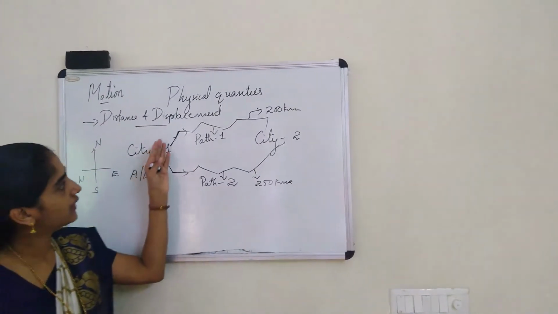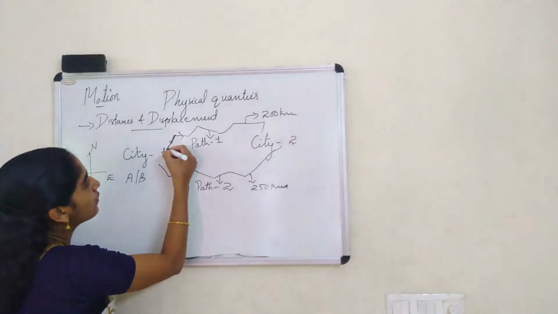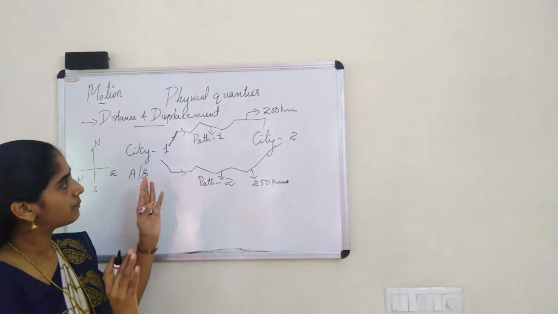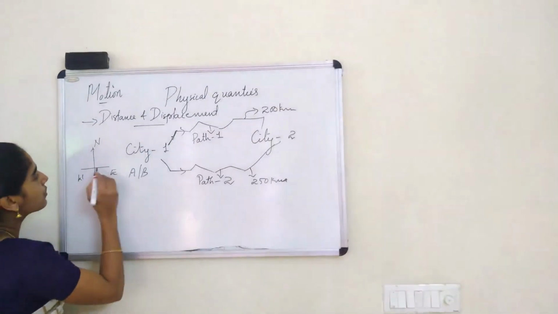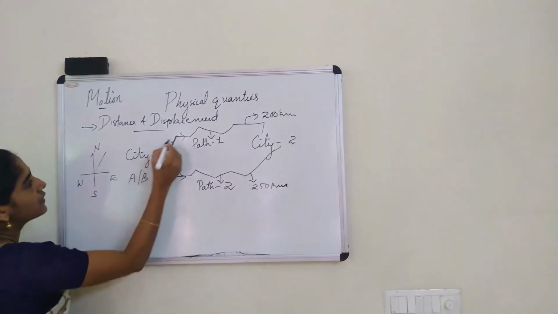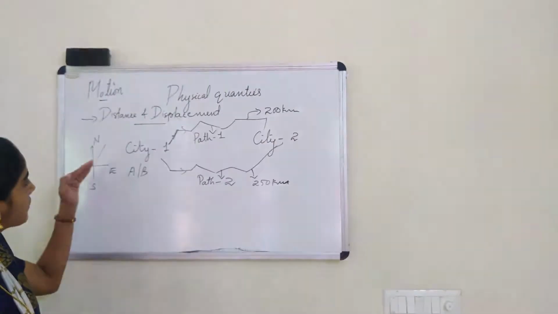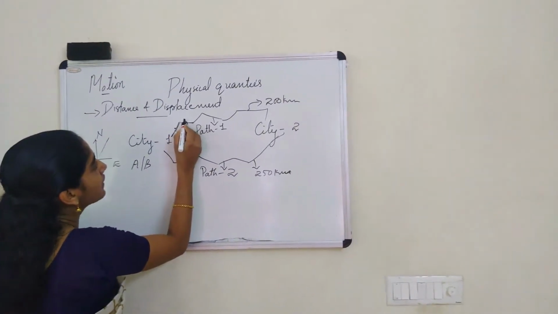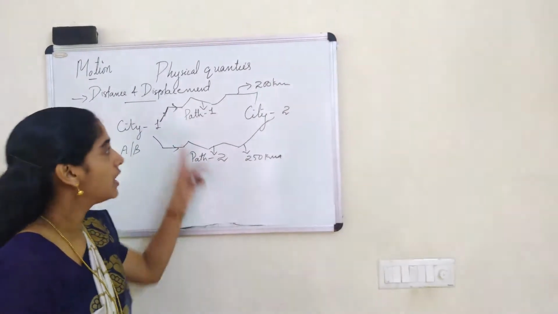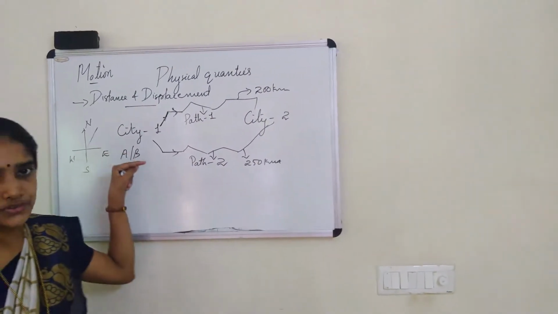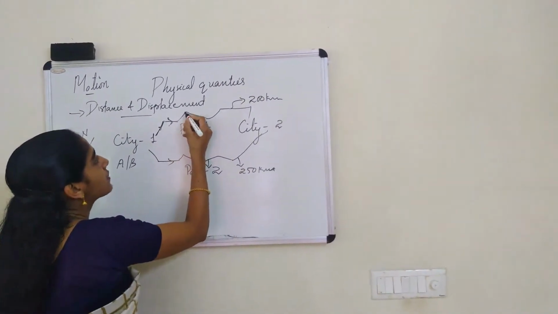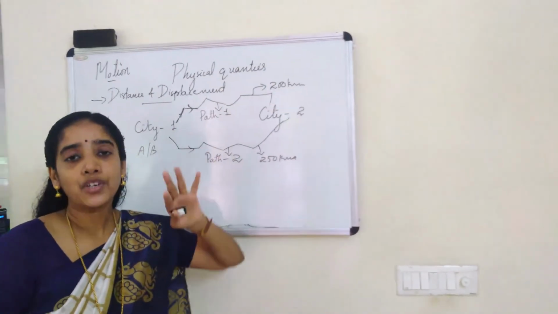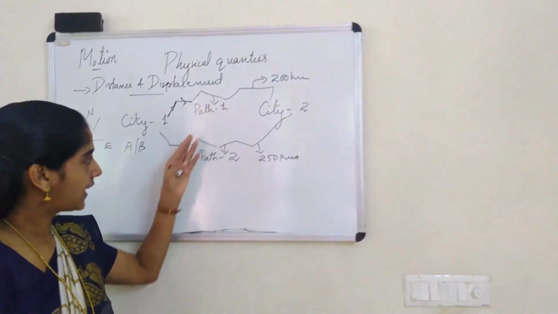Okay, so here when we look at path 1, here we can see the motion begins like this in this direction. So this direction means in what direction the person A starts the motion. So let me draw a line somewhat parallel to it. Okay. So this is parallel to this one. So I can see he starts moving towards northeast, and then how he goes, look, goes straight horizontally. So horizontally means that he is going towards east, and again you see, it is going somewhat parallel to this. So continuously what happens to the direction of the path? It is continuously changing.